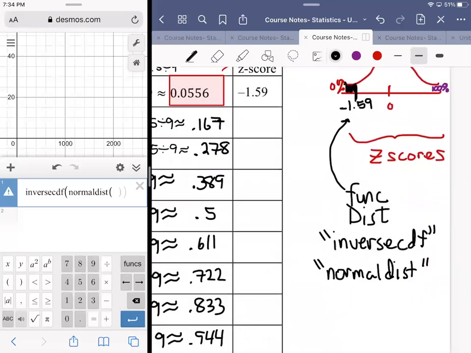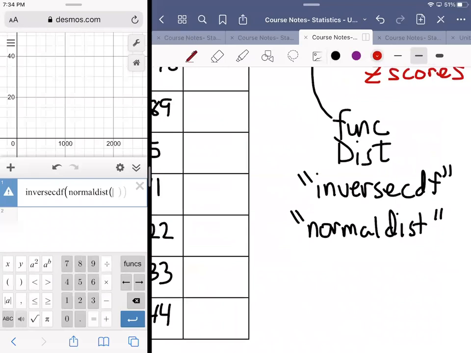But in terms of what we put into the calculator, we put in inverse CDF, normal dist,